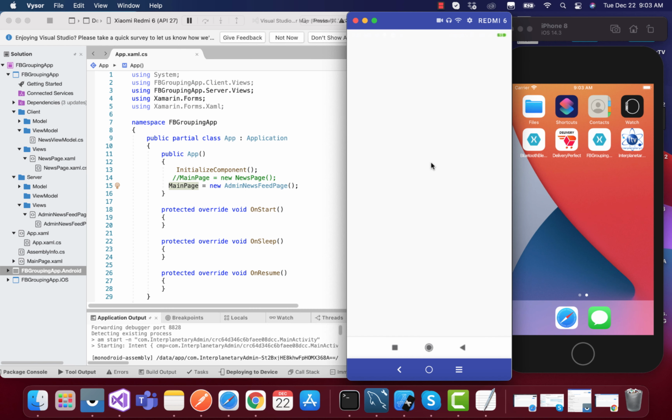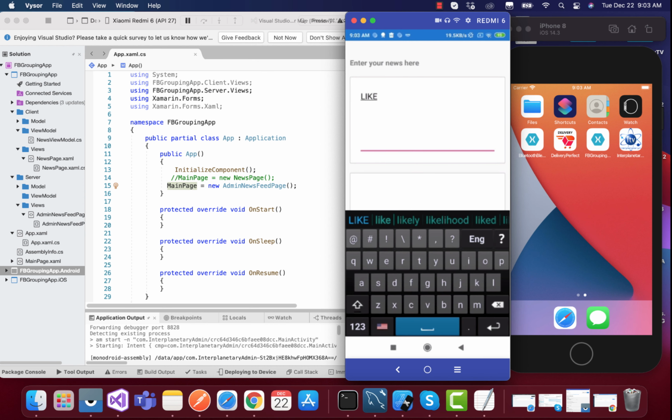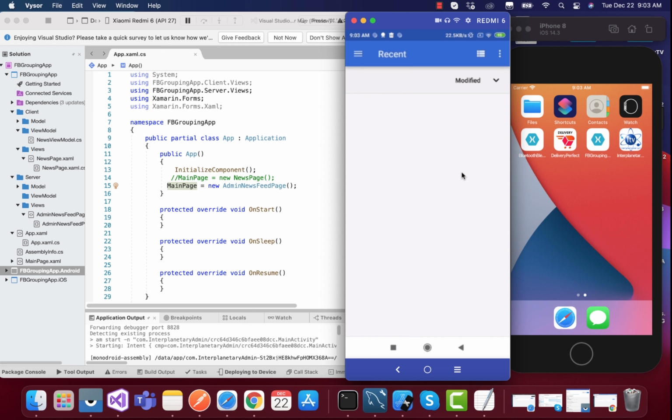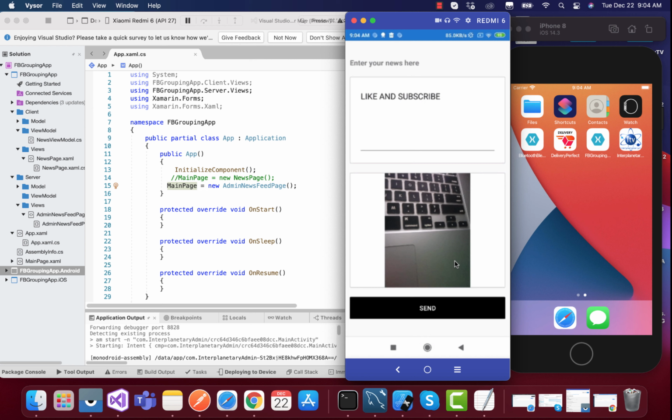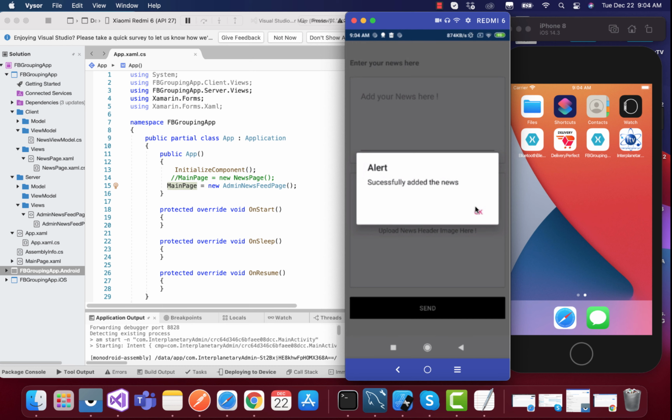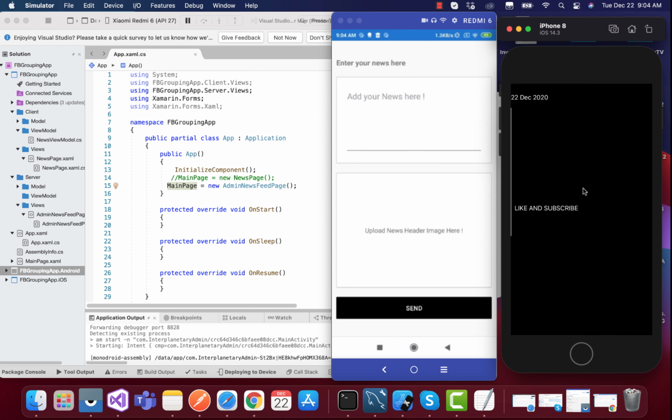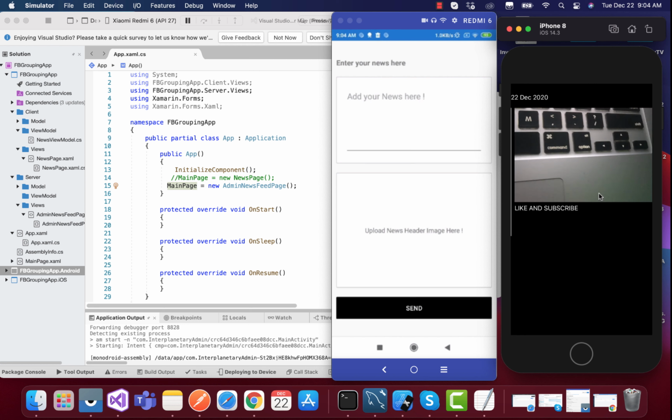I'm going to make my Android project my admin app, and the admin is going to add the news from our admin app. You can see over here I'm just going to add some news, and we can use any images that we want to upload, and then after clicking on send, the activity indicator will load. Then we should be able to see all the information back in our client app. So our information is successfully uploaded to the Firebase, and if you open the client app, then we'll see all the images as well as text from our Firebase.